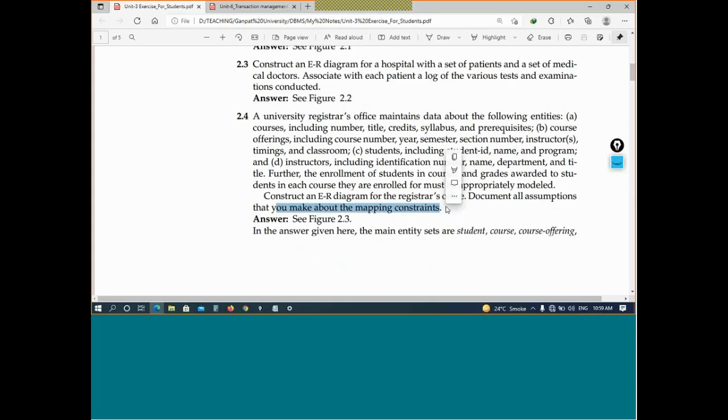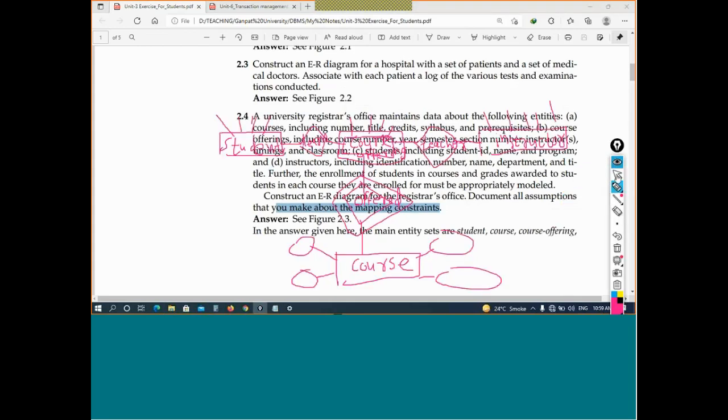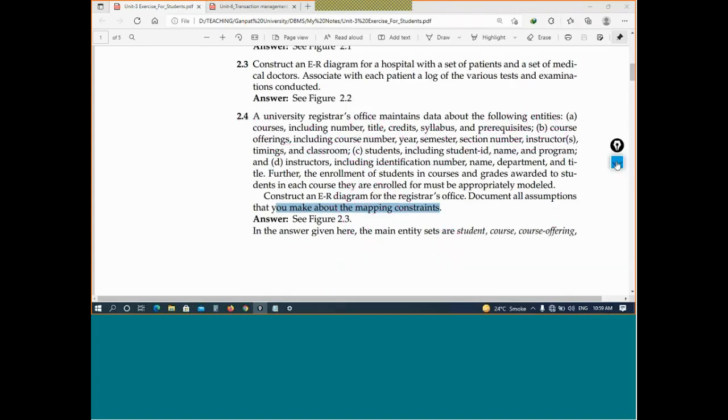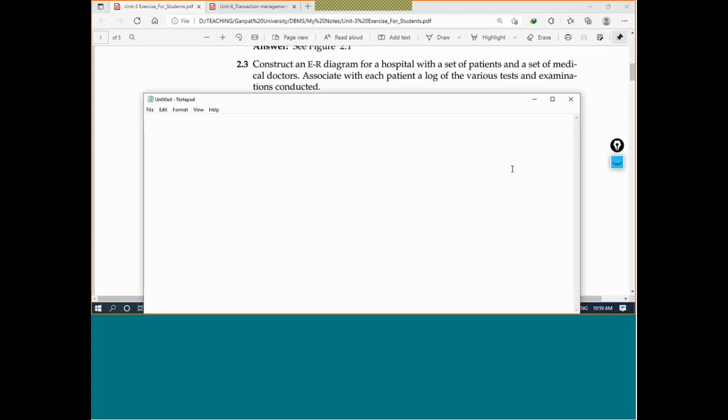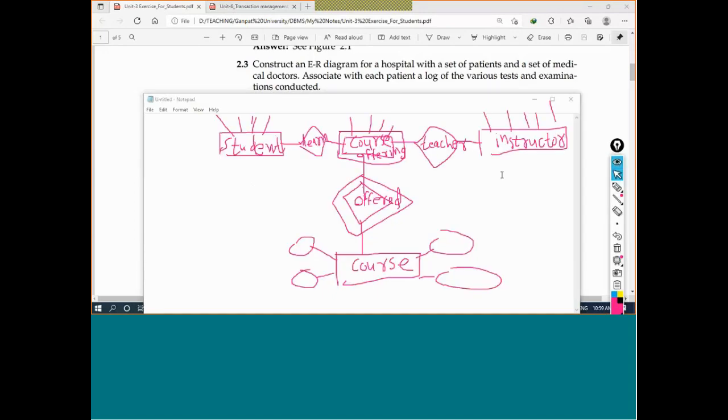So now mapping cardinalities also you can add if you wish to add. So it is better to show some mapping cardinalities, because it creates a very clear-cut picture about it. So here we have, let's say this. So from the instructor side, I will say there is one to many. One instructor can teach multiple courses, okay, or I will say one course can be learned by multiple students. So one to many from course offering to student, and one to many from instructor to course offering, right?